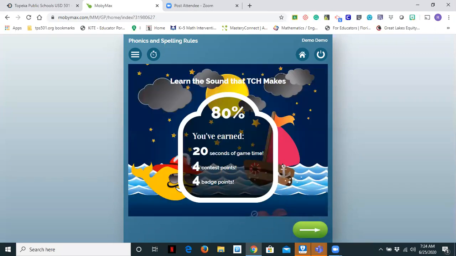So it will then walk you through what you've earned. It tells the student the score, tells the student that they scored an 80%. I've earned 20 seconds of game time. I have 4 points and 4 badges. So if you'll remember that place at the start menu where it keeps track of that and students can redeem